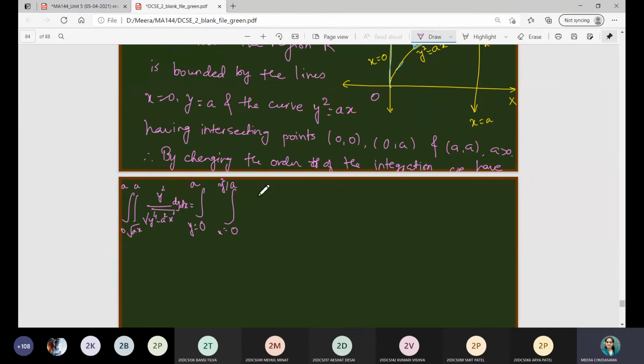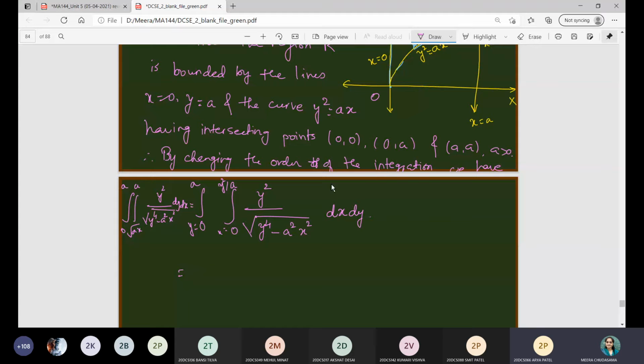So now the rest of the quantity, the integrand, will remain the same in that case when you change the order, right? Change of order of the integration will only affect the limits as well as the order of dy and dx. It will not affect the integrand. Integrand will remain the same. So here we have y raised to 4 minus a square x square. Instead of dy dx, now we have converted it to dx dy, right? Within 2 minutes, solve this integration and tell me the answer.